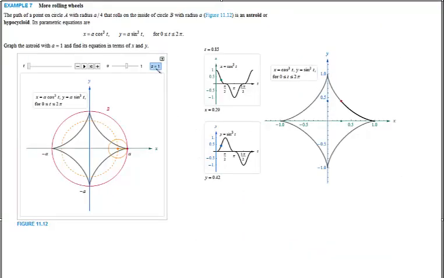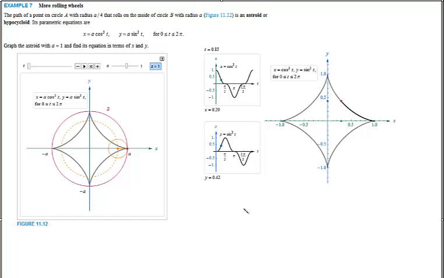Alright, we now have parametric equations. X equals a cosine cubed t and y equals a sine cubed t, all going from 0 to 2 pi. In graphing each of these independently, you will get these two graphs. Graphing x and y in terms of each other without that third parameter, we would need to come up with some way to